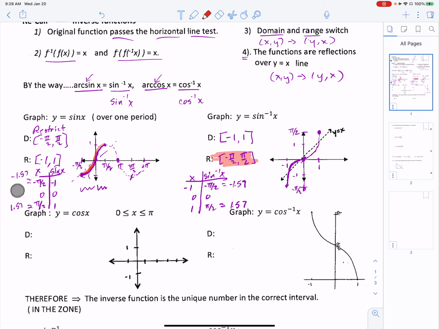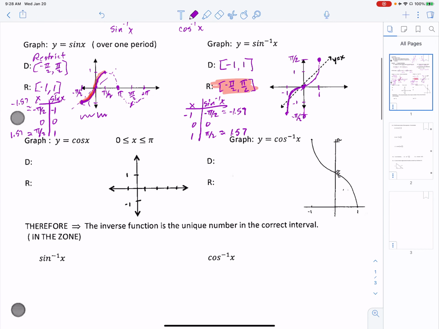You need to get the concavity right and know how to graph those 3 points to be able to graph the inverse sine. Then we have the cosine graph. And the normal cosine graph starts up at 1, and then at pi halves, you're at 0. At pi, you're at -1. At 3 pi halves, you're at 0. And at 2 pi, you're back at 1. And if I go back to negative pi halves, you would be at 0. So the cosine graph, which you should just be able to sketch that out, no problem, no hesitation, right there,